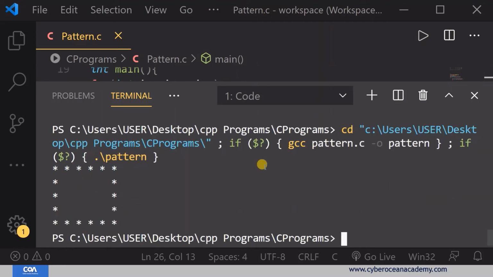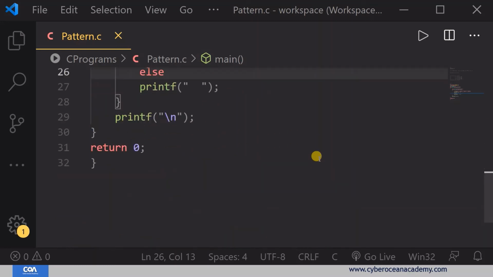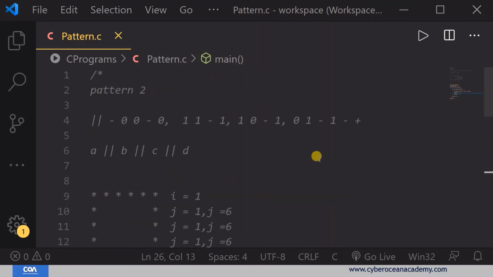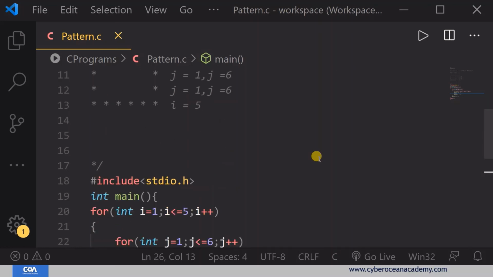In the next lecture we will discuss a new topic, and every day I will tell you a single pattern. So I'm not going to make different videos only on patterns. In the next lecture I will tell you about the break and continue statements, and after that I will tell you about one pattern. So each day for the upcoming 5 days I will tell you about one type of pattern, and also our whole syllabus will continue.